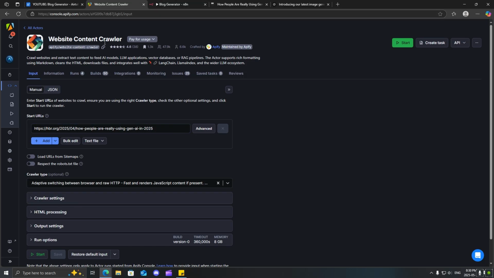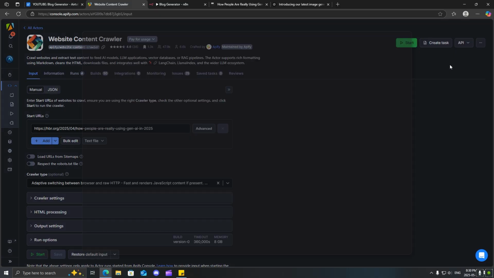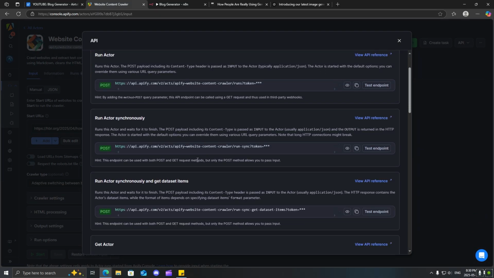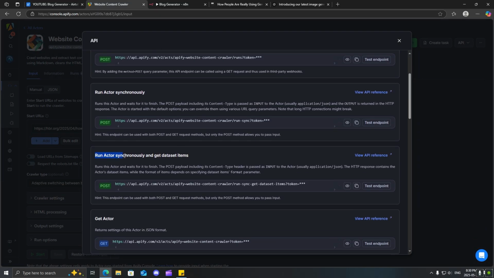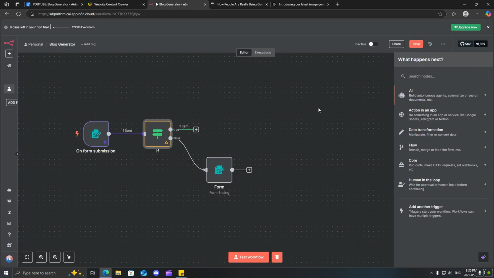Now rather than us having to manually input the URL and run it, we're going to do that from N8N itself. So first, in order to do that, we need to actually use the API. Now what we want to do is use this one, run actor synchronously and get dataset items. Copy this, go back to N8N,